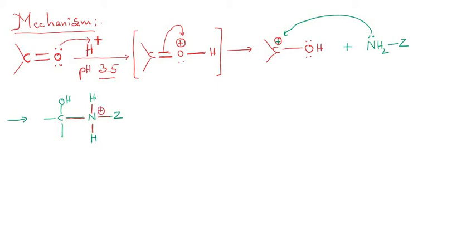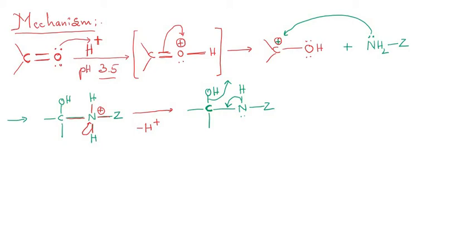So in order to stabilize itself, it will take these bonding electrons and there will be loss of H plus. So I can write here minus H plus, and then the remaining part, that is C followed by OH, single bond followed by nitrogen, followed by hydrogen, followed by Z. Now the valence of nitrogen is 3. Here we have a lone pair of electrons. So in this intermediate, this bond gets migrated here, and the carbon becomes pentavalent. Meanwhile this OH is going outside.